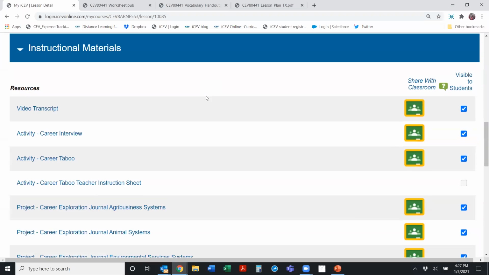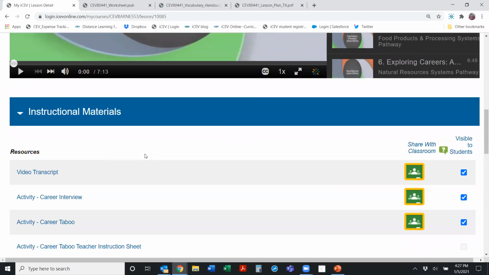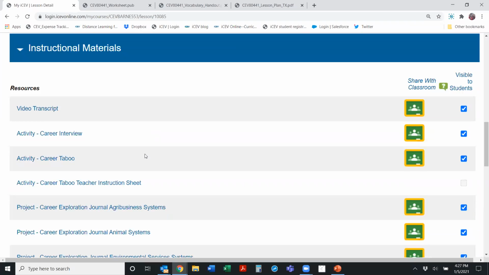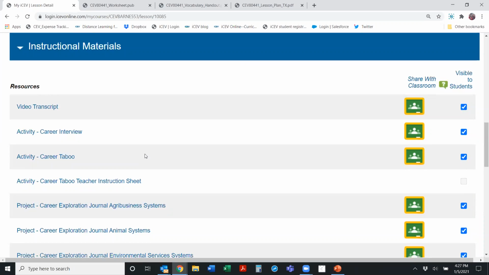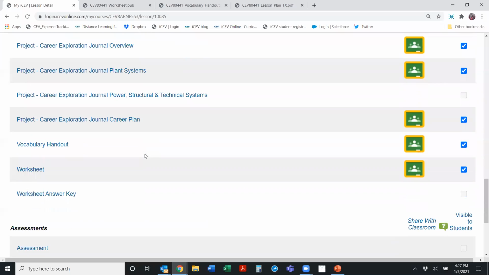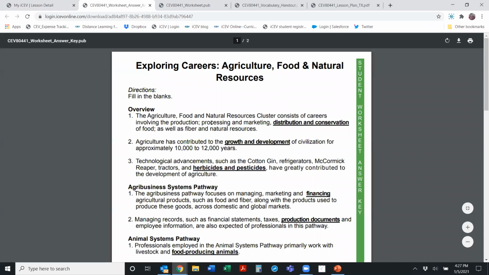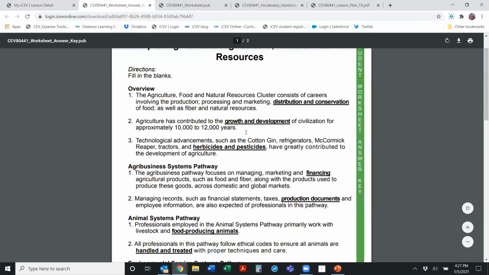I will explain that if this medium or media was a PowerPoint, then that would also be included as one of our downloadable items. You would get access to that PowerPoint. The videos are the only thing that cannot be downloaded. Everything else under instructional materials, you're welcome to download and share with your students. We always give you the worksheet answer key, and I always tell people, you don't have to go watch that 7-minute video to know what it covers.